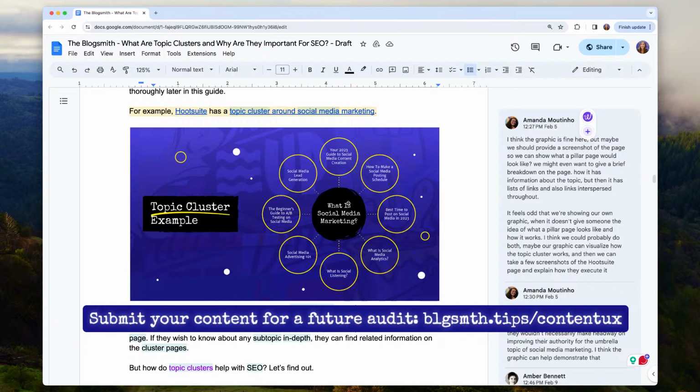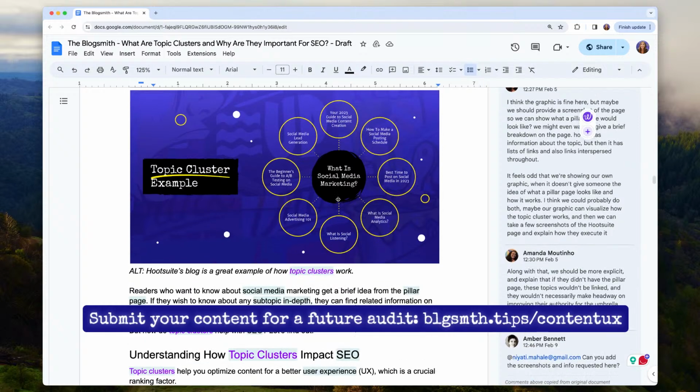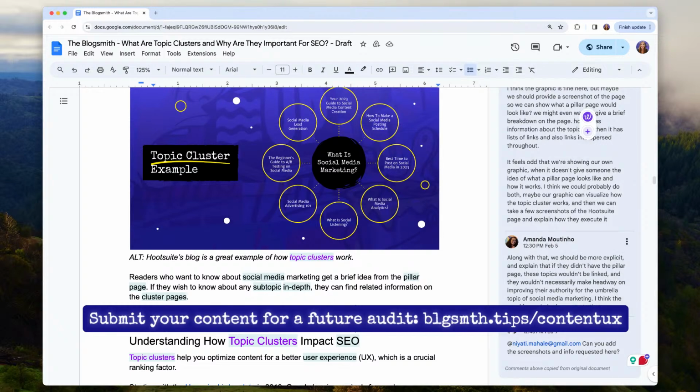Here we have this cool mini infographic that shares an example of a topic cluster. But Amanda is asking what this end page would look like, like a pillar page that represents linking to all these subtopics within the cluster, for example, and explaining her reasoning why. So it's not just asking for something, but trying to help the writer understand why we would do that. And it's also for the editor's benefit, to know what purpose that serves, so that when the writer makes that change, they understand if it's been done to the extent that we want it made.